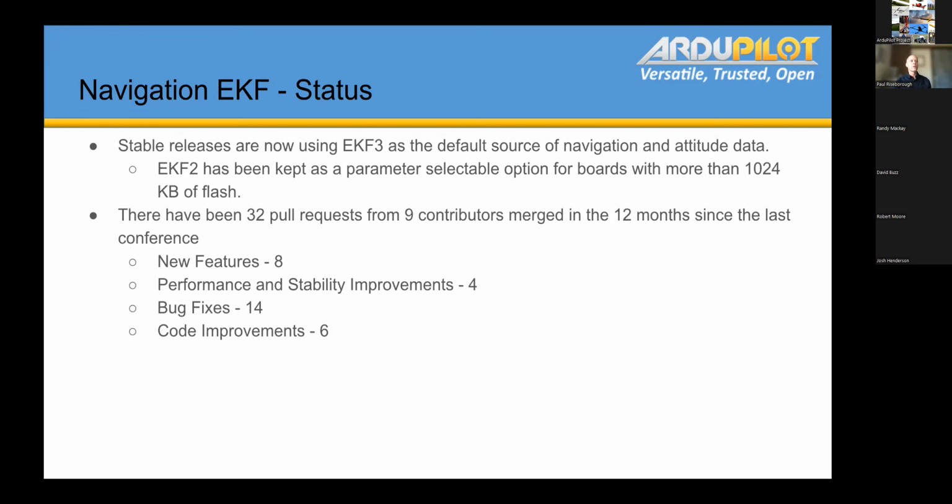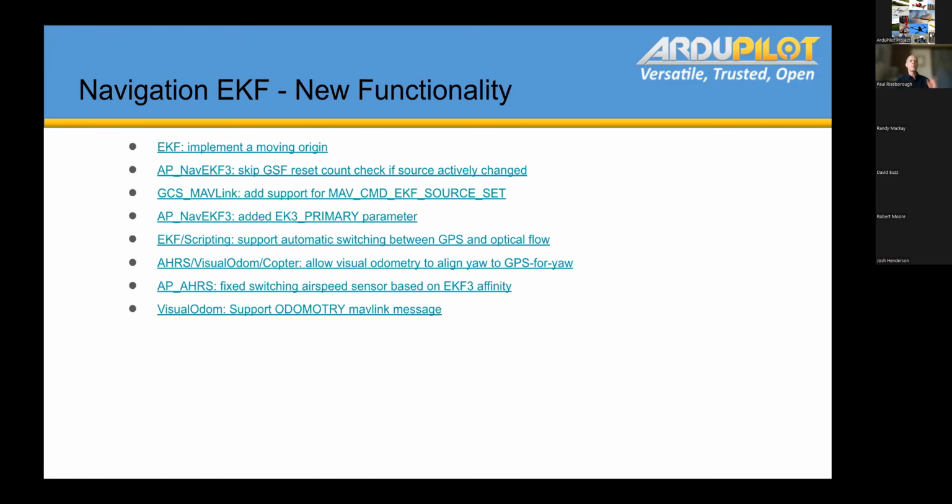Okay, so let's have a look at some of the new functionality. Probably the one to note, which was of interest, is that we've implemented what we call a moving origin for the EKF. So in other words, as the vehicle flies or drives or sails, we move the origin of the EKF with the vehicle. And the reason we do that is because we were running into issues for vehicles that were doing very long distance navigation, for example,